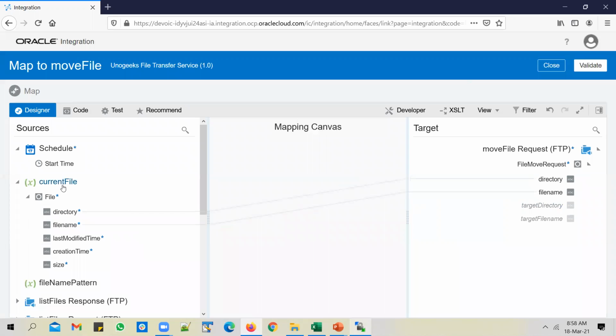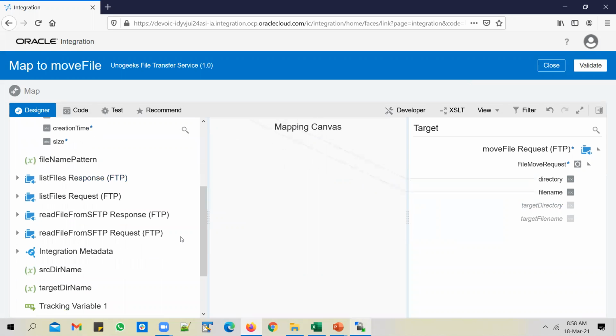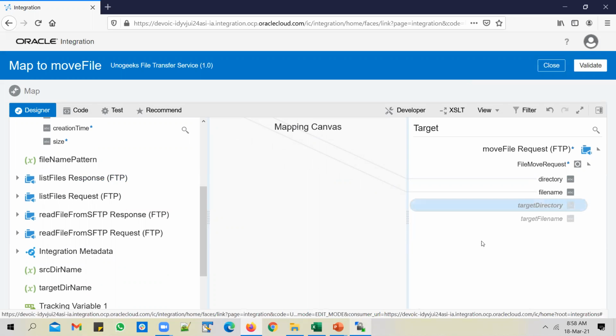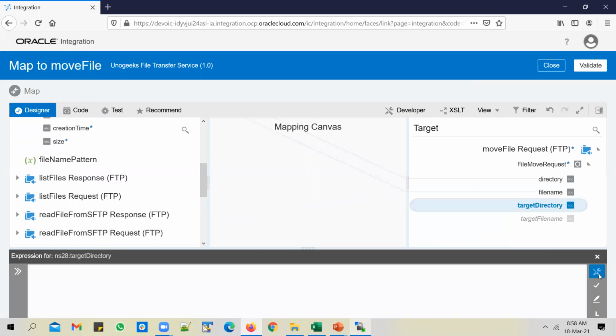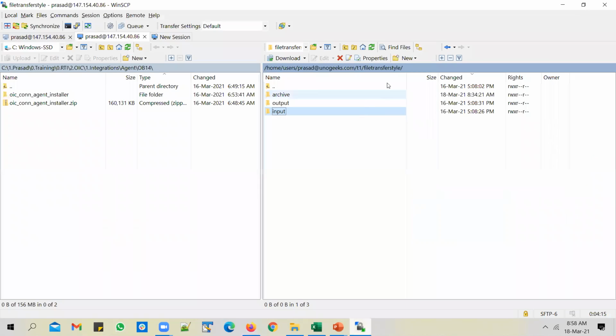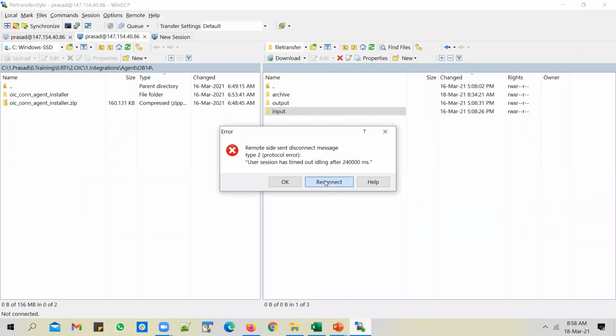And the target directory, where should we map this? This is basically an archive directory. I'll click on create target node and go into edit mode. It will be in expression mode by default. I'll change it to literal or text mode, and I can enter the archive directory path here.